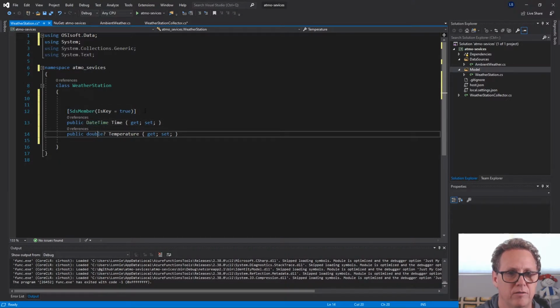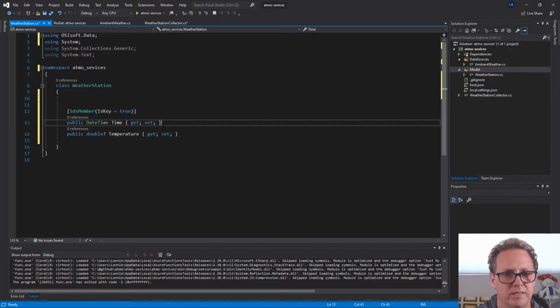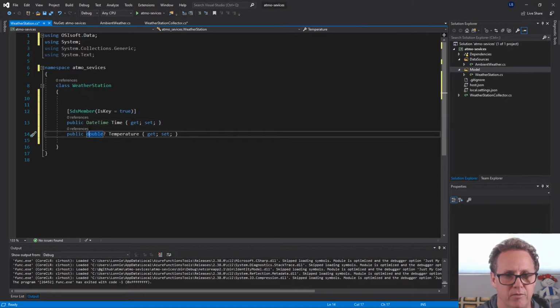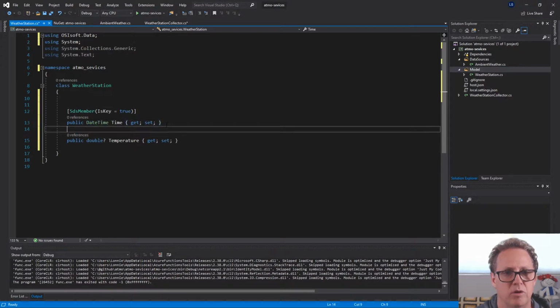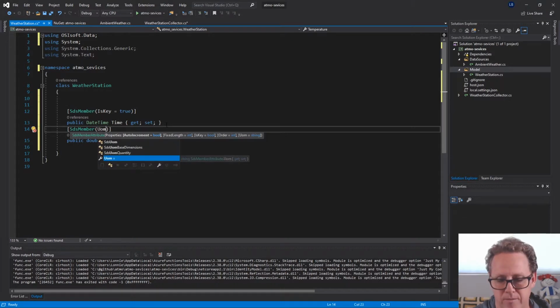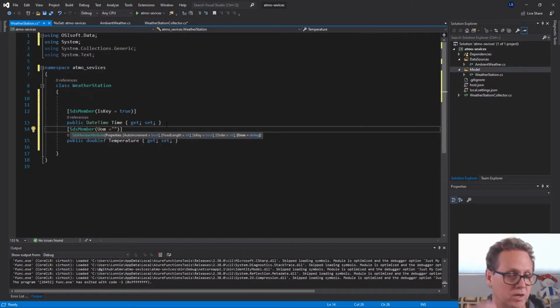And the other thing we need to do is identify this with the UOM. So the UOM is similar to this, except we're just going to use a different property with that attribute. We'll come down here and go SDS member, and we're just going to use UOM, and this is going to equal some unit of measure. We know this is looking up ambient weather. The temperature that comes back is degrees Fahrenheit. So